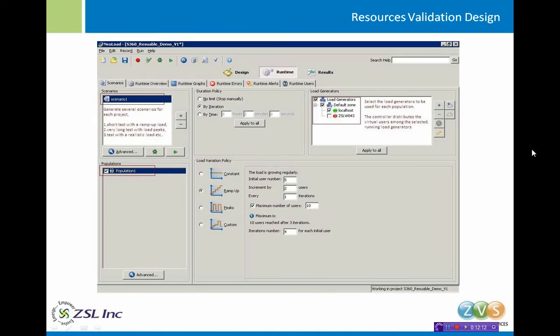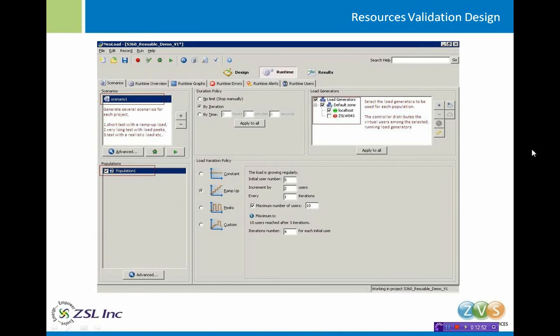Yeah, sorry. What we do at the resource validation design is where you generally configure the list of systems or the load generators, which we call in performance testing. Using these, we generate the load into the system. In a general scenario, if you're going to target close to 200 users, you can generate these loads from multiple systems. Here we have taken a sample of 10 virtual users. We have added 2 systems using the load generators, and then you see there are multiple